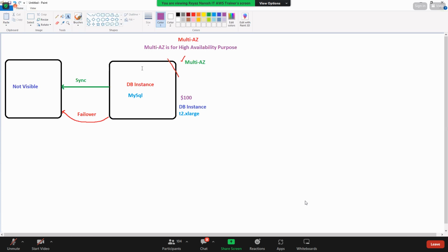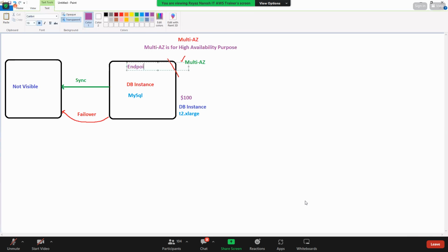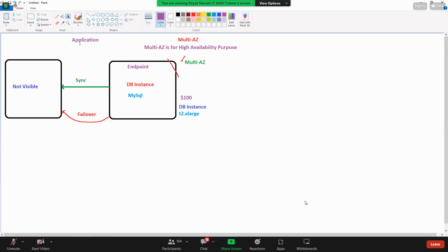This also has its own endpoint. Guys, remember, your applications are connecting to this endpoint.